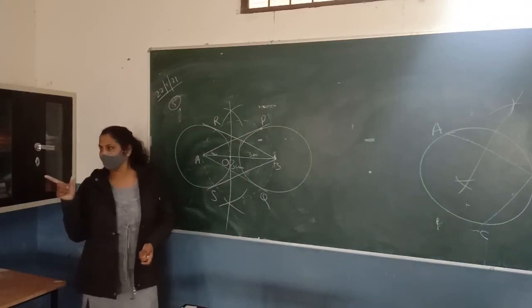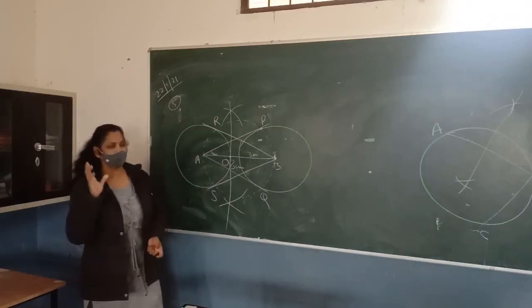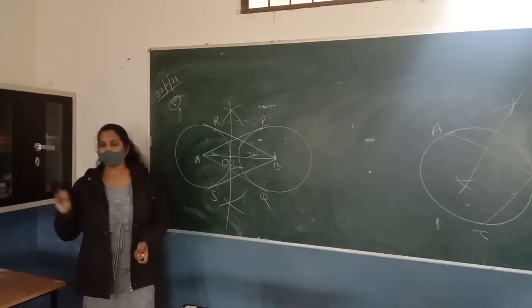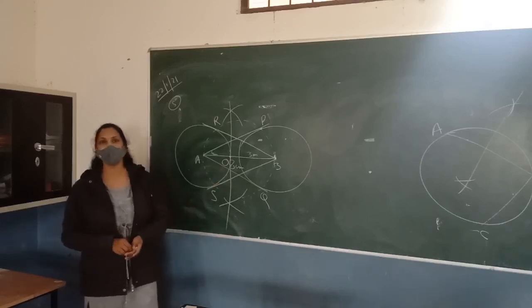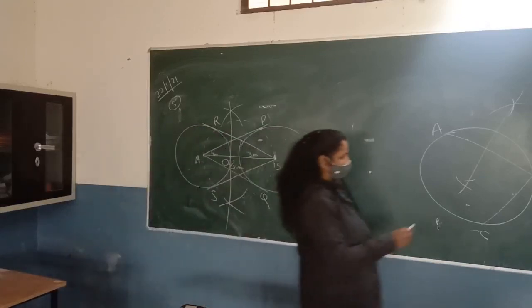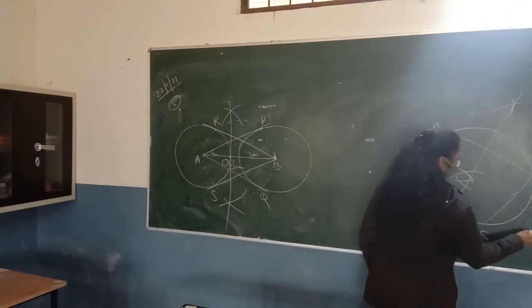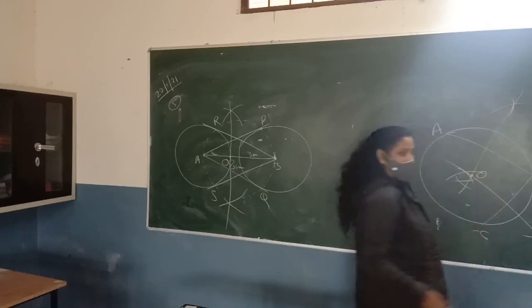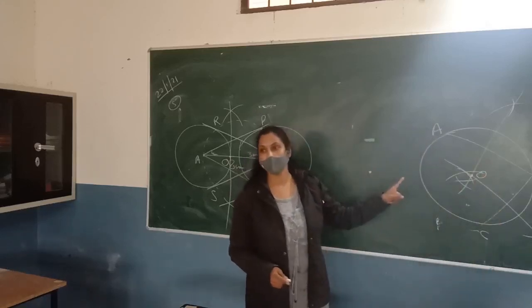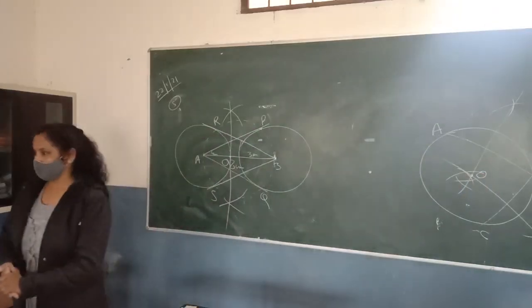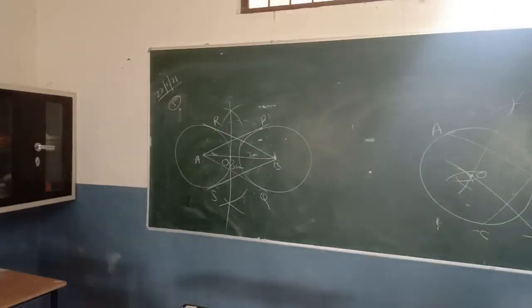From the center A, make an arc of radius more than half of AB, and with the same radius, make another arc from the point B. So this is the method to construct the perpendicular bisector. Same as this, you will construct the perpendicular bisector of BC. The point where these two perpendicular bisectors meet will be the center of the circle. So first of all, we will find the center of the circle by making the perpendicular bisectors of the two chords which are not parallel to each other.